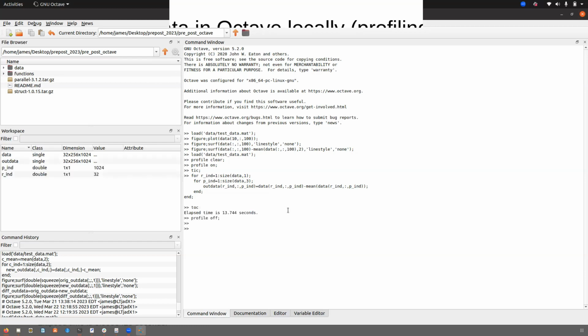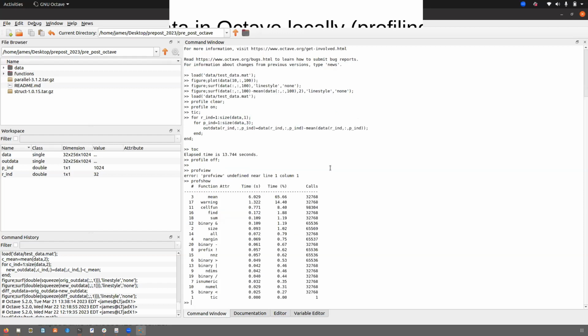Run. See that this one is going through a whole bunch of stuff. This one actually took 13 seconds to run, and then we end up having this profiler information. Now, what I can do from here is I can do prof view. I think that's actually prof show. And then we can see here that what ends up happening is the code ends up spending 65%